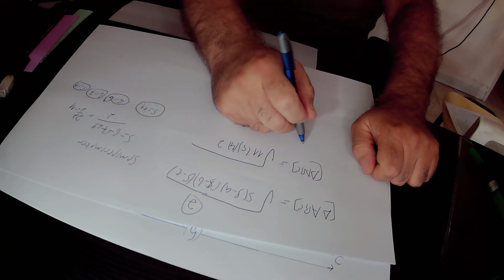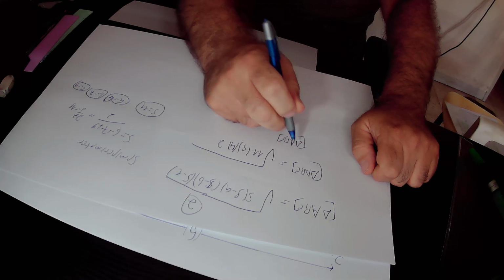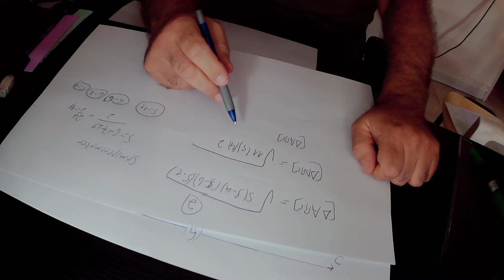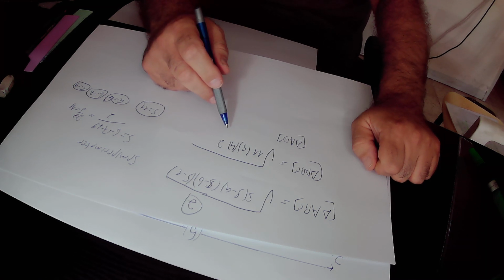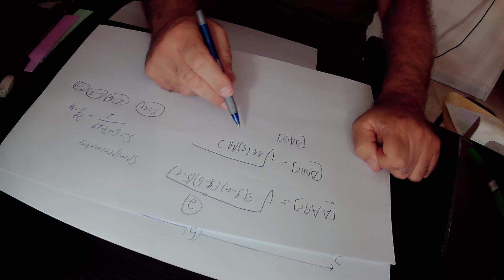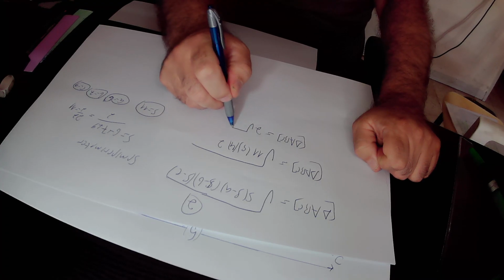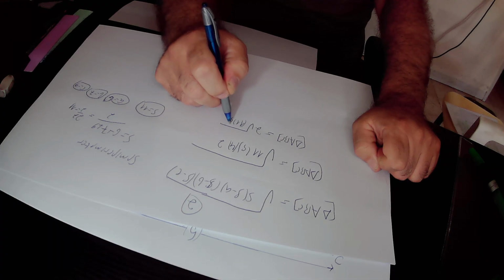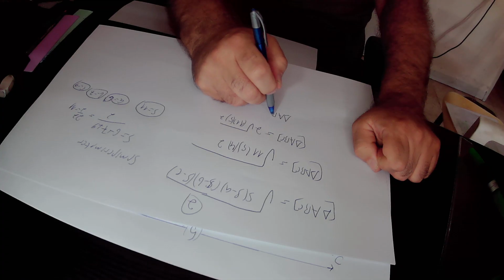So in total we found out that the area of ABC is equal to the square root of 11 times 5 times 4 times 2. The square root of 4 is 2, so we take 4 out of this root. The square root of 4 is 2, so it is 2. Inside the root we are left only with 11 times 5 times 2. So the area of ABC in total is equal to